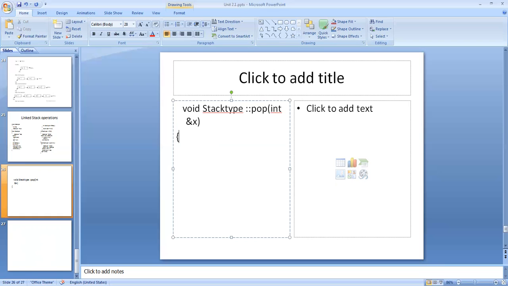See, I cannot simply remove the node pointed by top. If I delete the node pointed by top, the remaining values will become garbage. So I should give one extra pointer connection for the node pointed by top, because I am going to delete it. If I do that, the connection for the remaining will be cut off. So I get one more auxiliary connection for the node pointed by top. For that I need a variable.